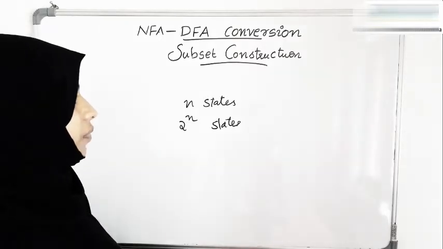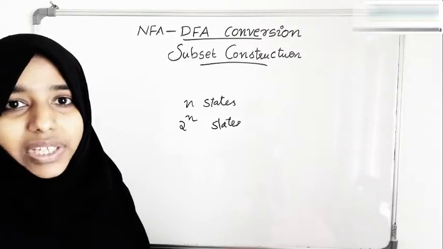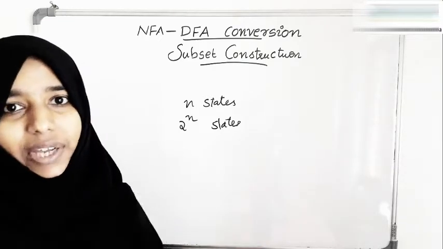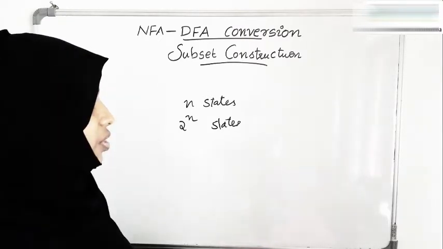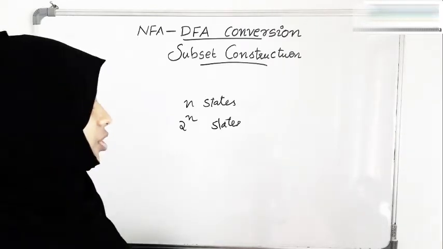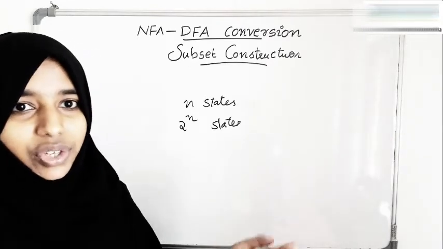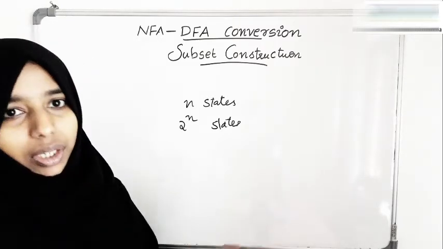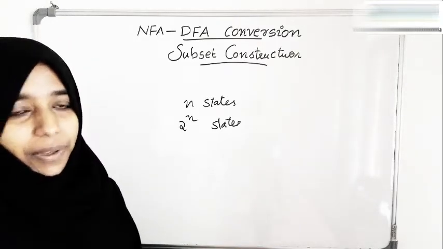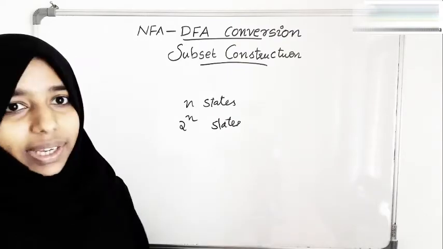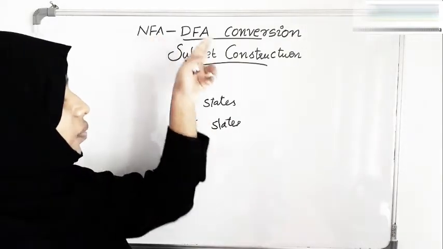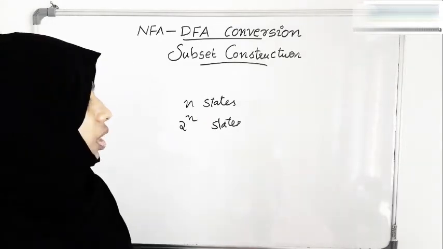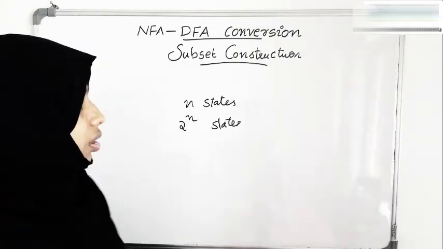In the previous video we have seen examples of NFAs and DFAs for the same languages. If you haven't watched that, please do watch it. Then you can easily understand the difference in complexity between an NFA and its corresponding DFA. In this video we will convert an NFA into a DFA using the subset construction method. So we will move on to the video.